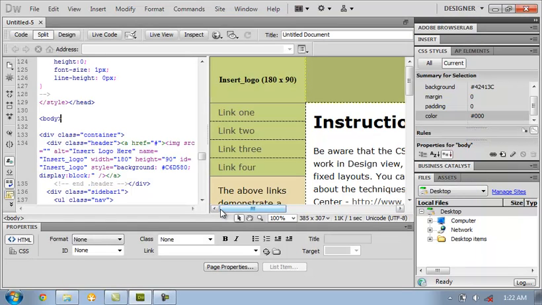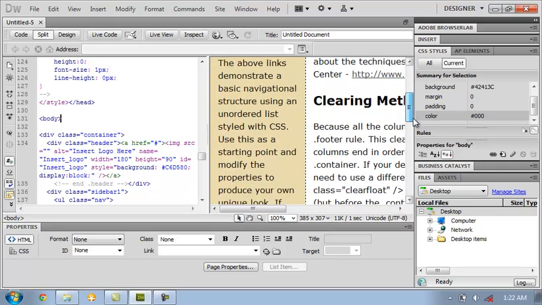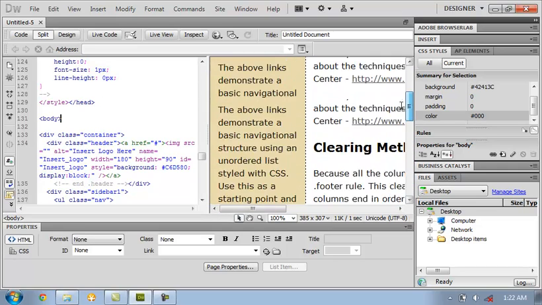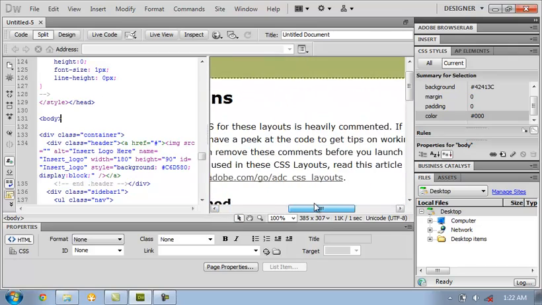Creating web pages using Dreamweaver is easy. The only thing you need to do is add the information that you want to show on your website.